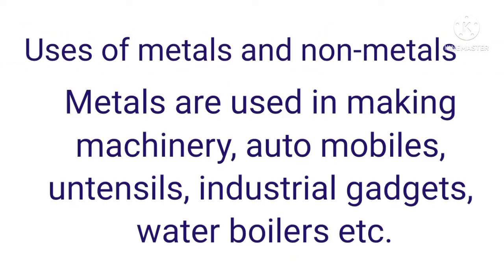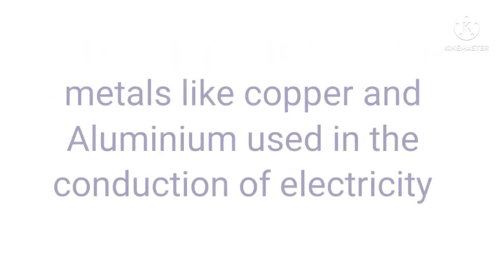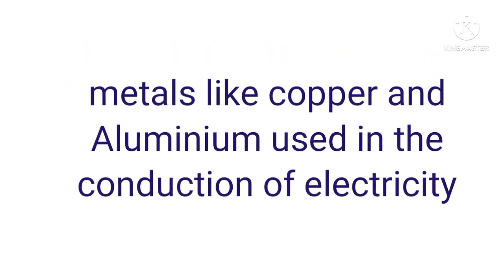Next is uses of metals and non-metals. Metal like iron is used to construct buildings, bridges and roads. It is used for construction purposes. Next, metals like copper and aluminium are used in electrical appliances in order to conduct electricity, and also metal sheets such as aluminium sheets and iron sheets are used in various